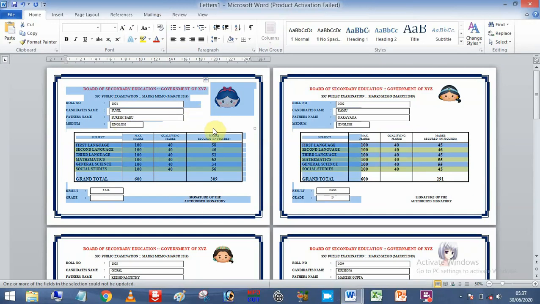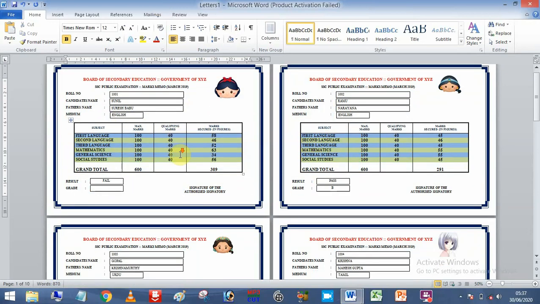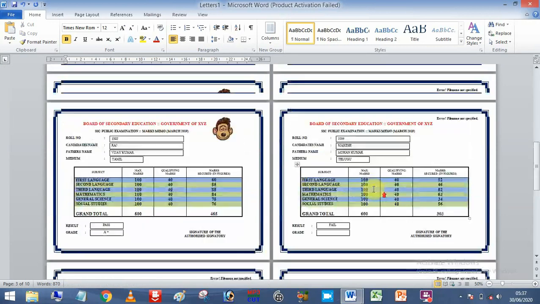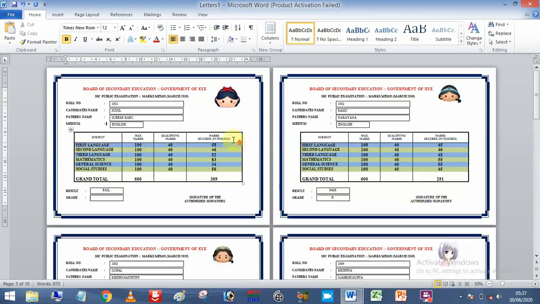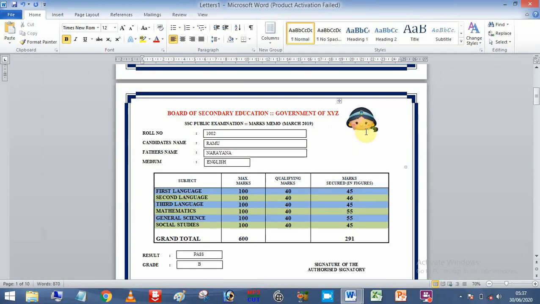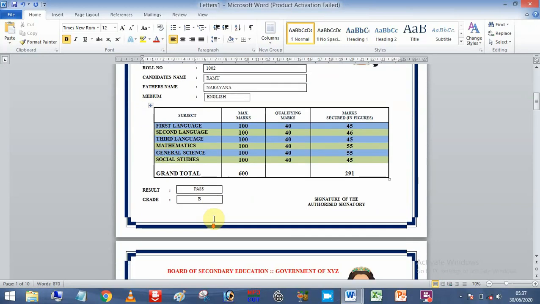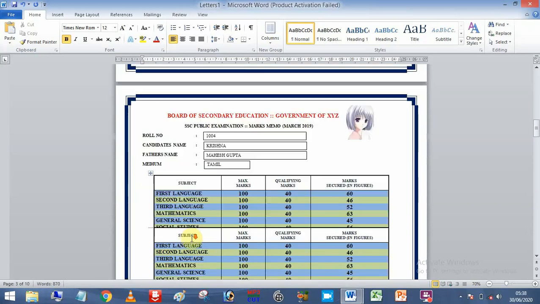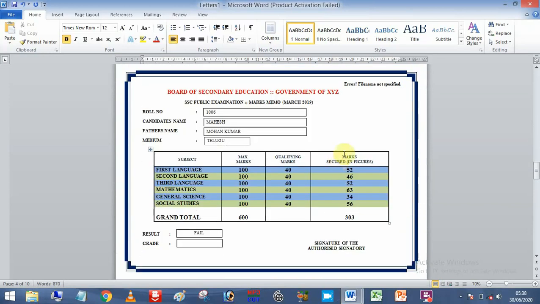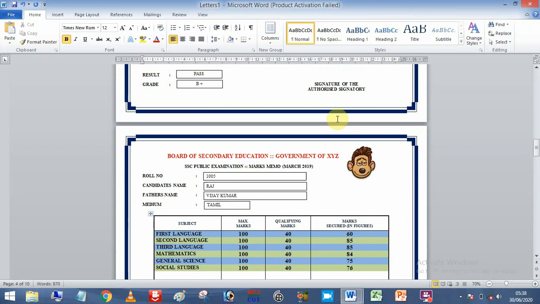See, I got the pictures of all the students here. I did this for only 5 people here. 6, 7, 8, 9, I did not do. See, this is the first one: you got the picture here with the database, and the second one, you got the picture here, you got the data, and third, fourth and fifth. Only for 5 students I inserted pictures. For the sixth one I did not do it, that's why it showed an error. So up to 5 people I did it.